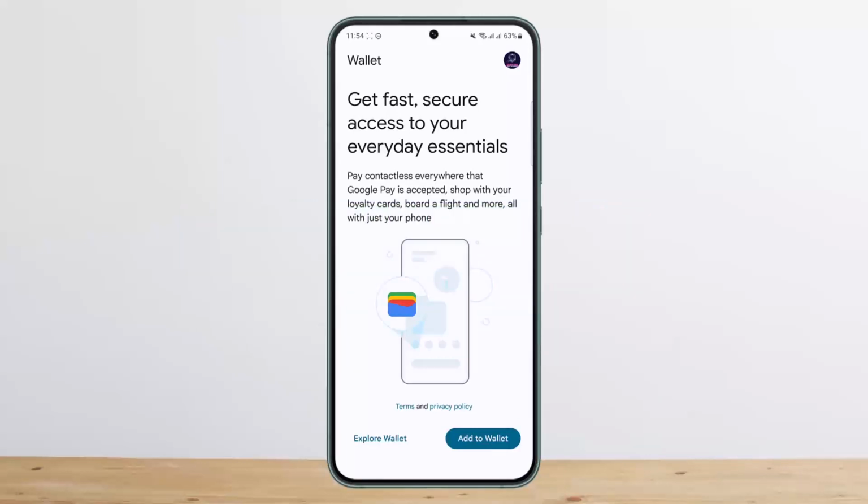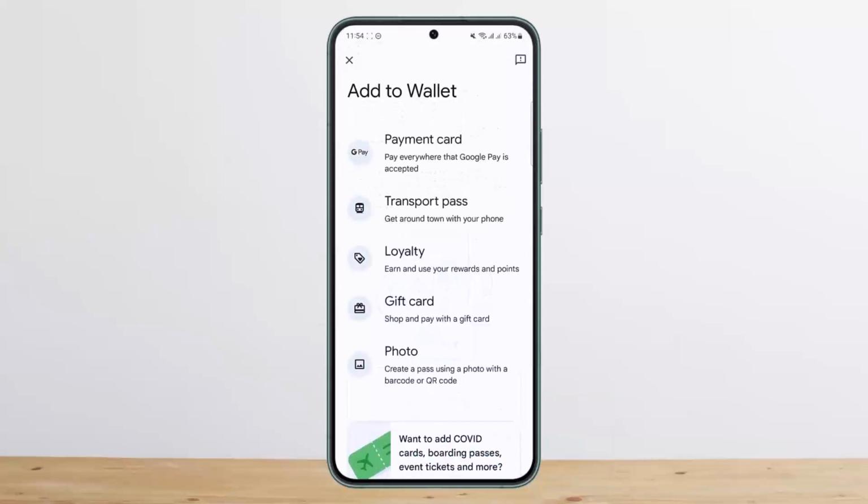Now the process itself is quite simple and quite easy, so let me guide you through. First things first, once you open up your Google Wallet application, you should get an interface like this, right? At the bottom right corner, you can see the Add to Wallet option on the screen. You want to simply tap on that particular option, and here you can see it'll give you an option to